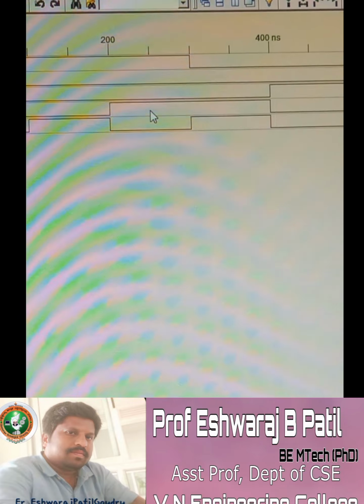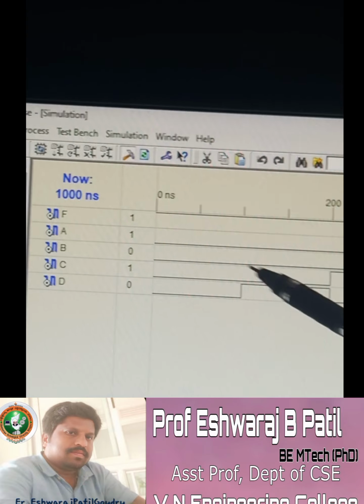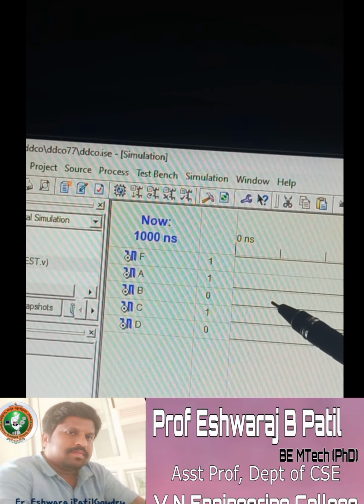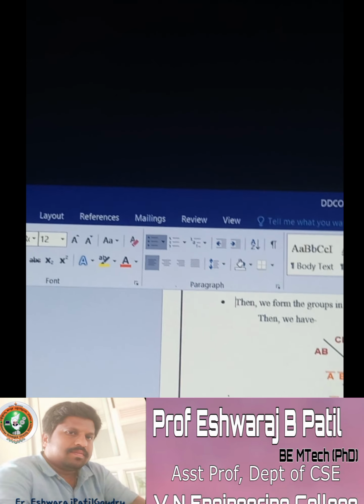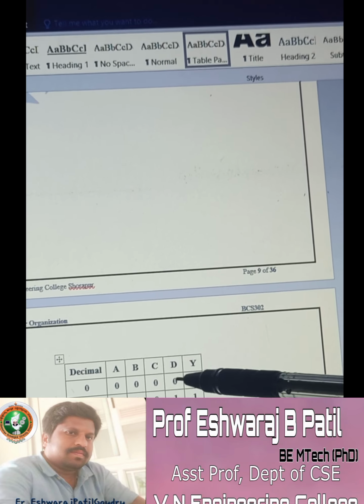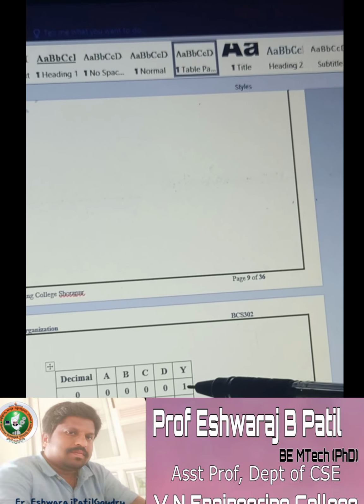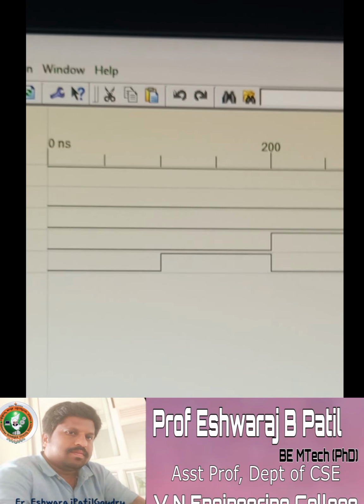We have already seen this, and we can check it with that truth table. A is 0, B is 0, C is 0, D is 0. Output is what? 1. Similarly here also A is 0, B is 0, C is 0, D is 0, then F is 1. Similarly you can verify the complete waveforms, each and every waveform, with the help of this